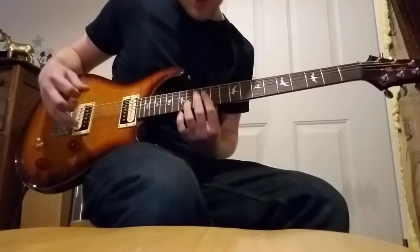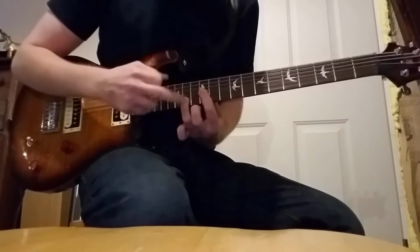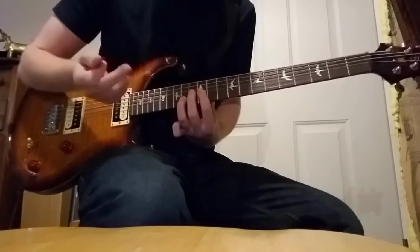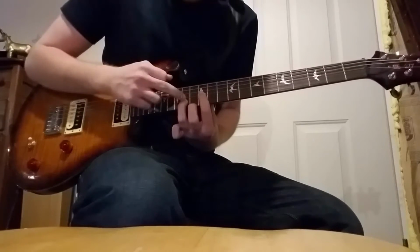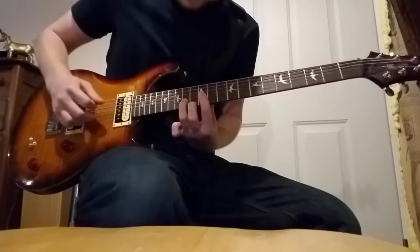All right, and then this next part here, you're going to hold your fingers kind of like this, and you're going to use your middle finger to switch between a couple different notes here. So what I do is with my index finger, 12 on the G and the B string, 14 on the B string with my ring finger here. All right, so you're going to go...